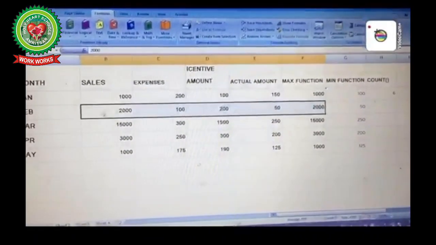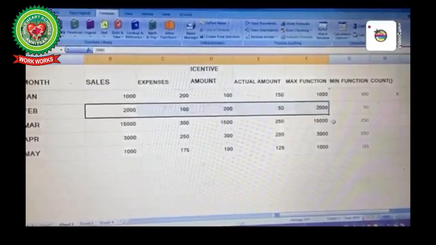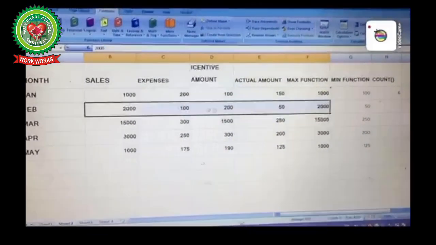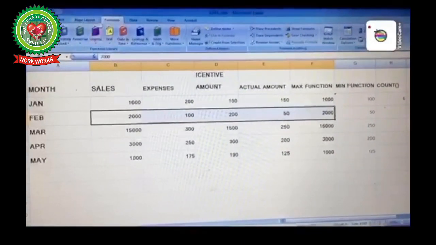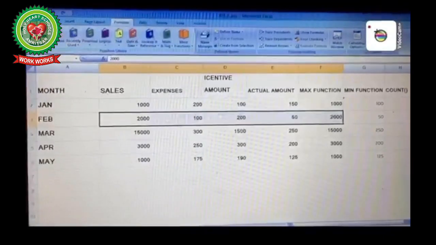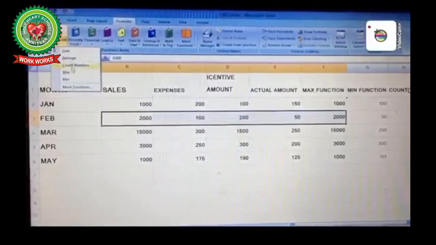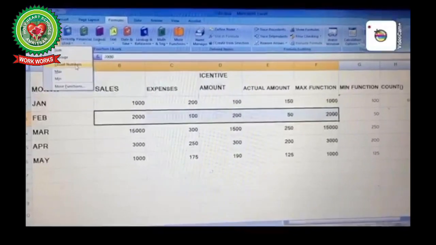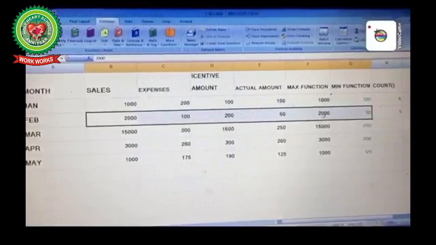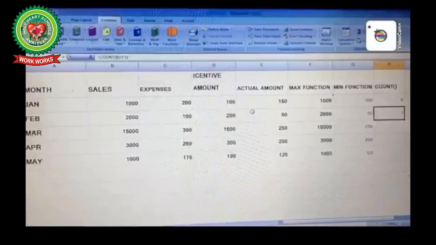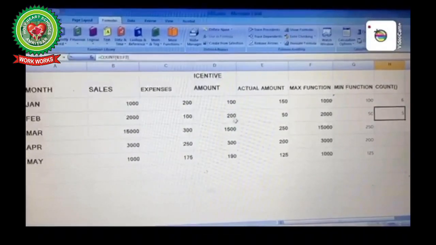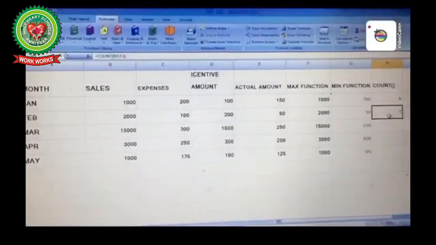In the second method, to calculate the elements in the range of the cells, we have to select that range and then click on the formula tab and then here click on the AutoSum drop down. Here there is an inbuilt count numbers function and when we click on it, we will get the result here. So from the cell B3 to F3, we have 5 elements in the cell.